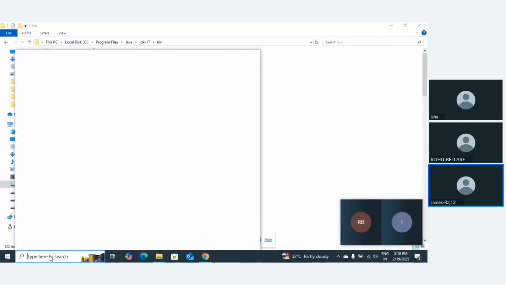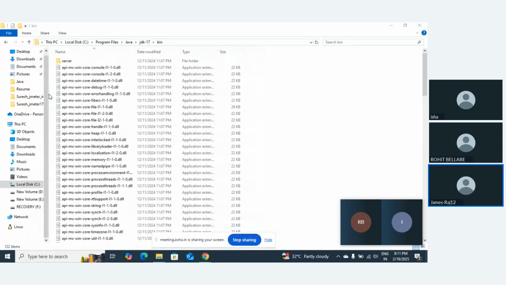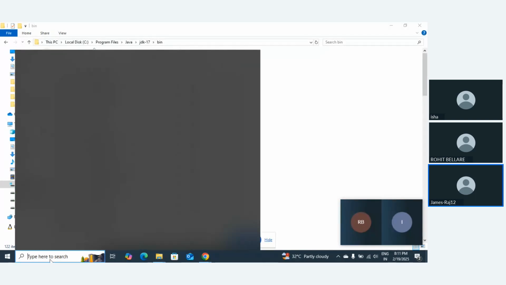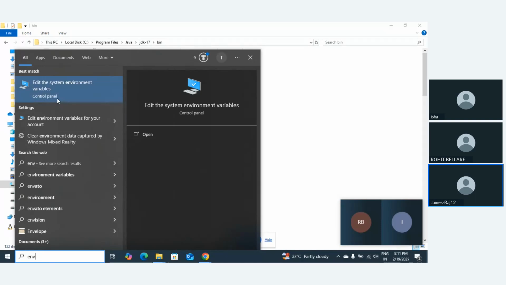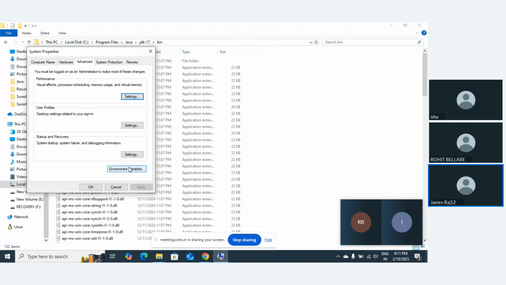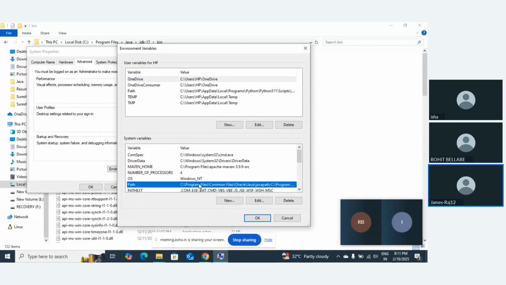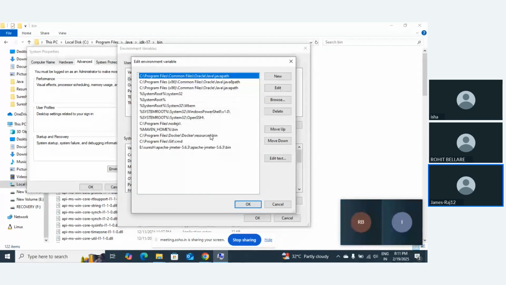Then we need to go for environment variable setup. Very simple: go to the search box here and type environment variable setup. Then we can go to environment variables here. There is a Path here. Go to this Path and edit. Here we need to give the Java path, only up to the bin folder is enough. So here we need to give this path,